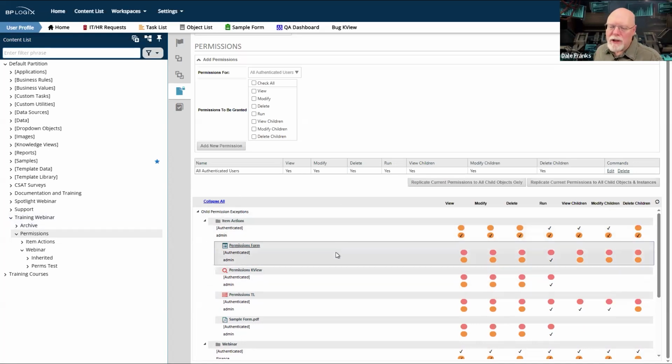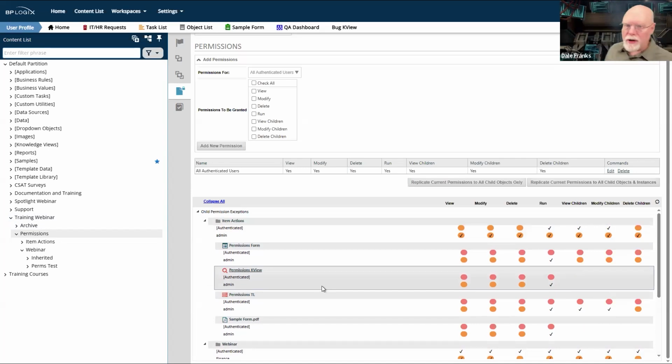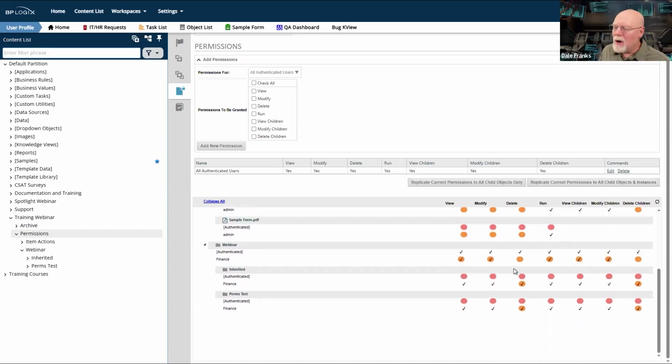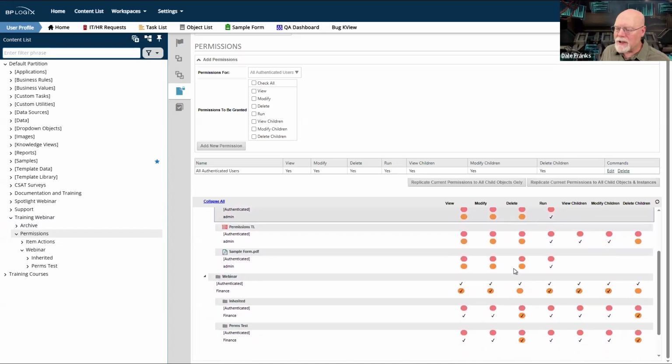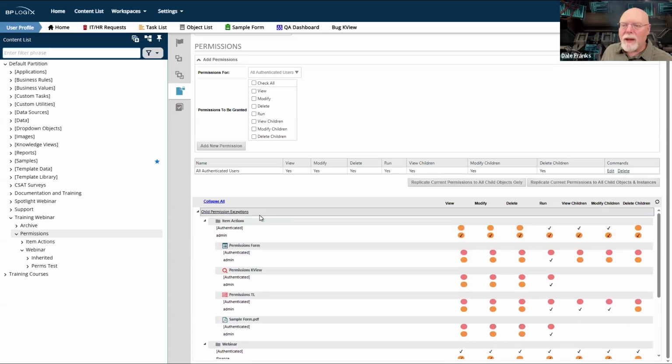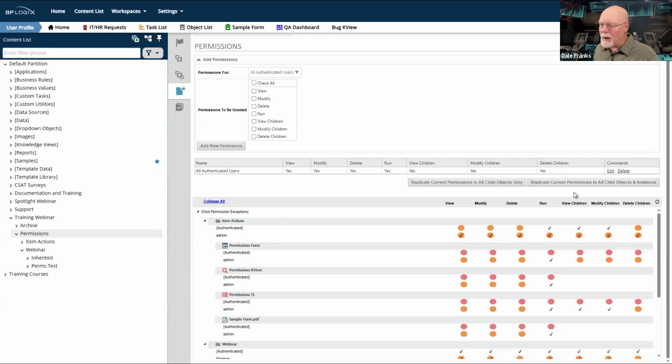So what this permissions exception section enables you to do is to look down at all of these folders and see what permissions exceptions exist in those folders. Now that I know they're different, I can make the decision whether I want to replicate the permissions in this folder, which I do not, or whether I want to replicate to child objects and instances.